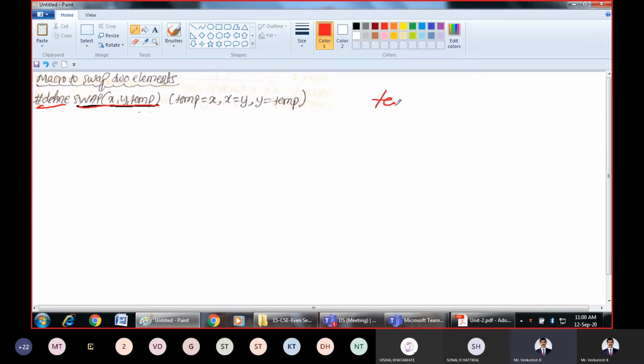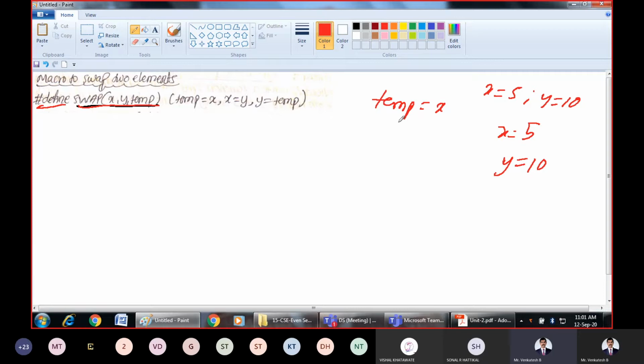How do we swap an element? temp is equal to x. Say x is equal to 5 and y is equal to 10. How do you swap the values? You have to assign 10 to x and 5 to y. We take one temporary variable, temp. Assume this is x and this is y. x has a value of 5 and y has a value of 10.